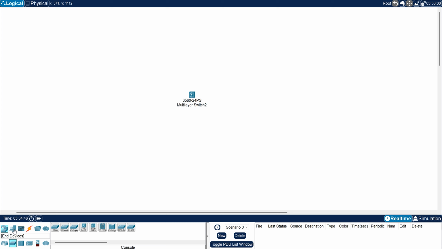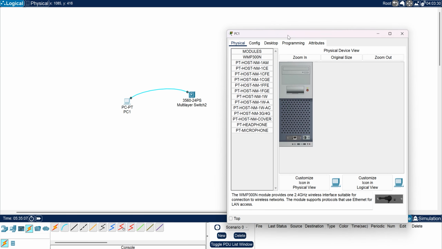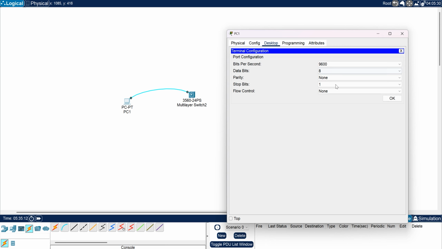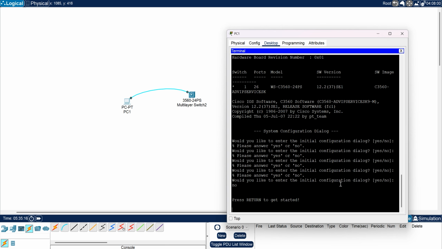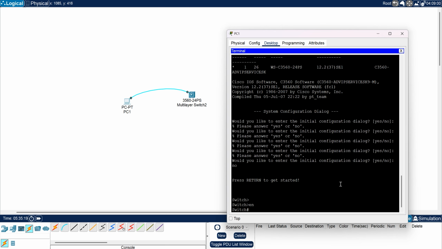Start by connecting your PC to the switch. We need the console cable here to this, and we go to terminal. Okay, and as you can see, we connected to the switch. Perfect. First things first,